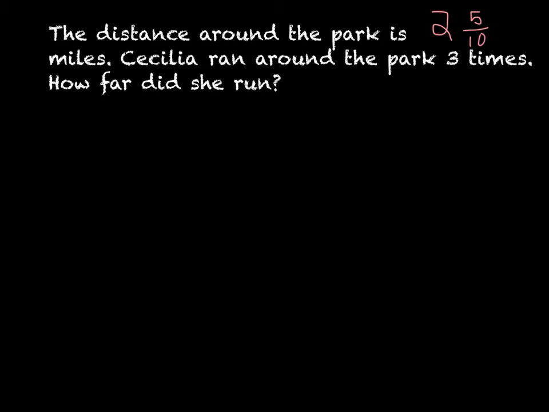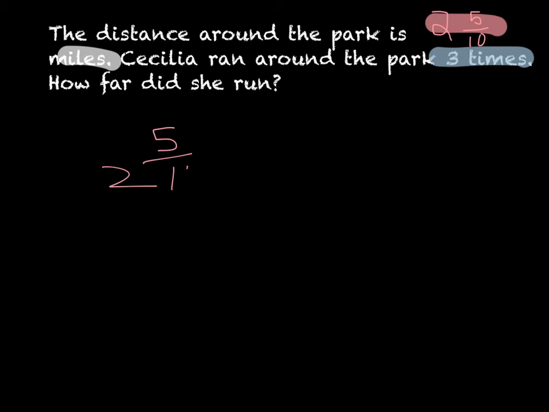The distance around the park is 2 5/10 miles. Cecilia ran around the park 3 times. How far did she run? Our first step is to highlight the information in the problem that we need. So if we know that the distance around the park is 2 5/10 miles, and that Cecilia ran around the park 3 times, we know that we need to multiply those two numbers together. So we will take 2